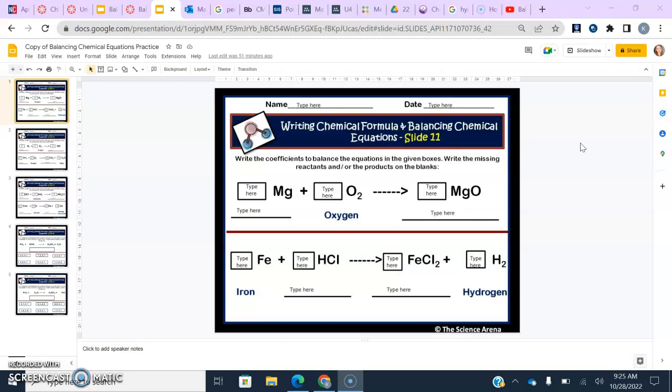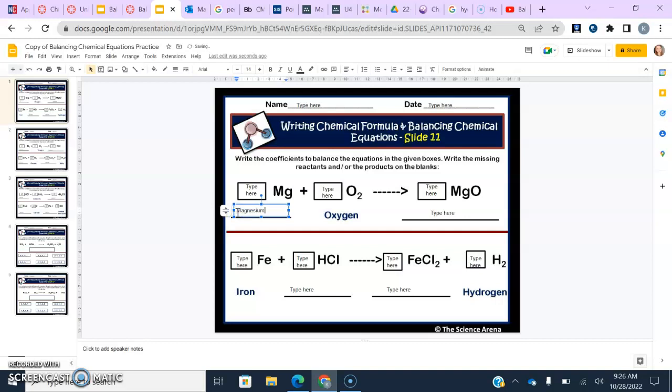I'm going to do 2 of them for you right now, and then you will do 3 on your own. So I figured I would show you some examples just to get some more of them in. But as always, if you have questions, let me know. So the first 3 slides you'll be doing, you are just balancing the equations. So you're typing in the coefficients that will help balance the equation here. And then you are typing in the name of the compound or the element. Now, this is a review of last unit, naming ionic and covalent compounds. So just make sure if you are unsure of how to do that at this point, you go back and review. So the first thing I'm going to do here is type in